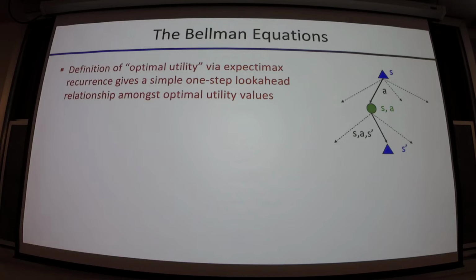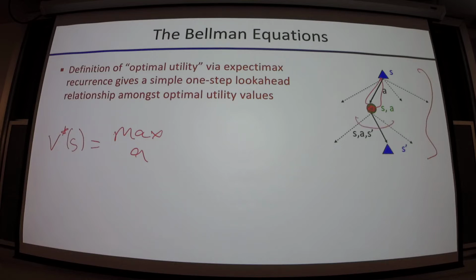Okay, we also talked about this notion of Bellman equations, right? Which defines the optimal utility via this expecti-max recurrence. It's basically described by this figure over here, given one-step lookaheads, right? So if we try to derive this again, we have V star of S. We get to choose A. We want to do the optimal one, right? So we're going to take the max over A, and then we need the value of this node here, whatever that optimal choice of Q nodes is, right?